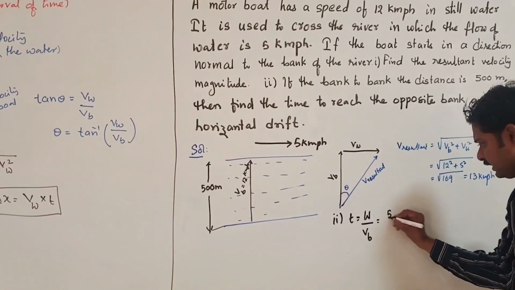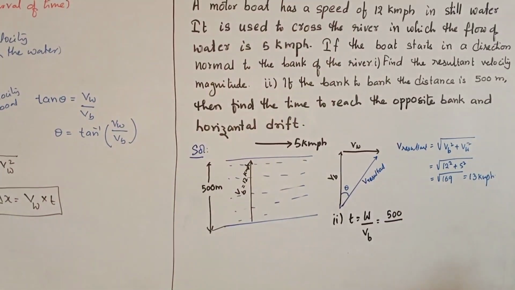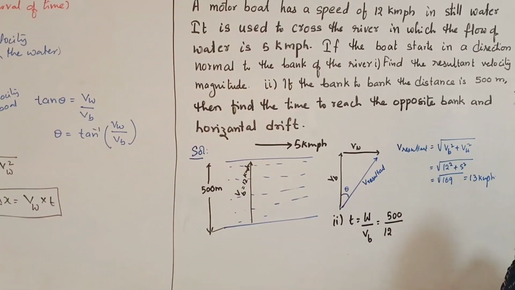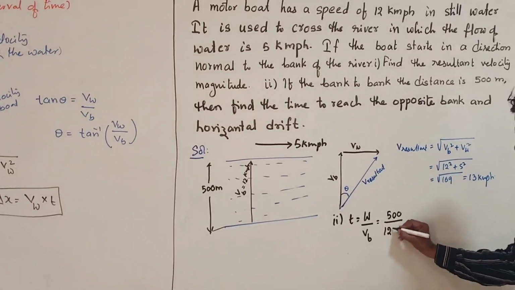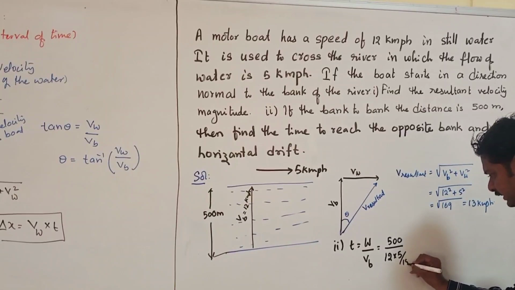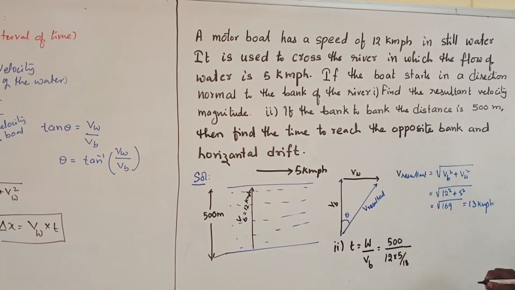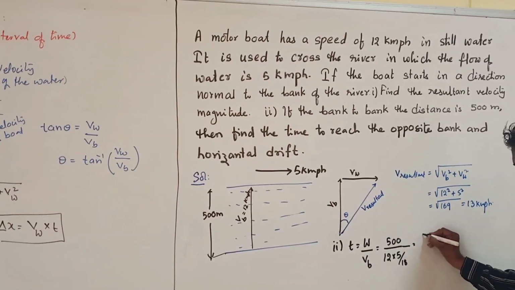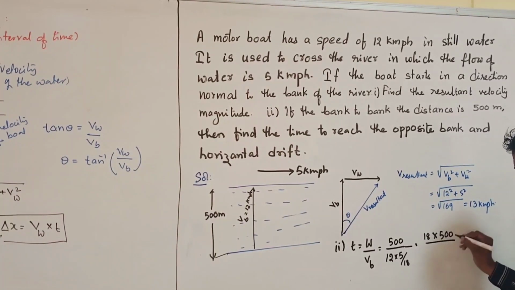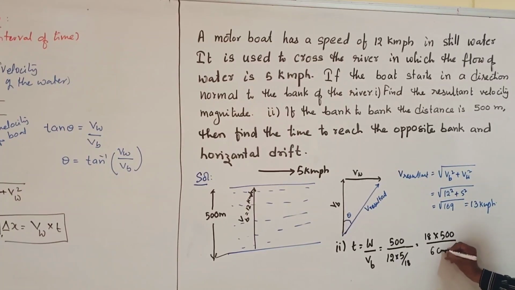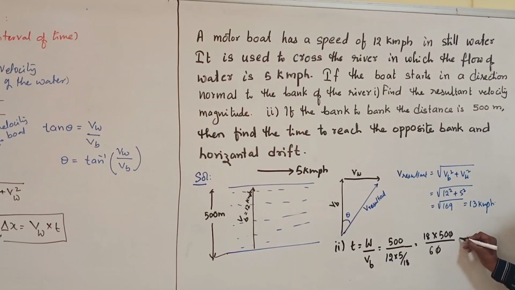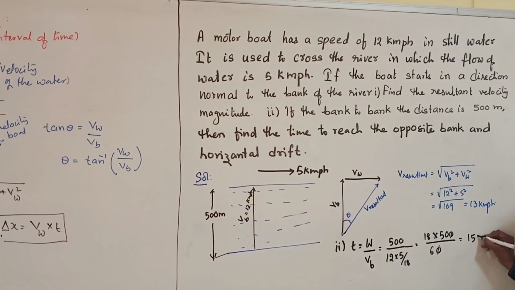So 500 by VB, which is 12 kmph. Now we need to convert to meters per second because the width is in meters. So 5 by 18. How to write? 18 into 500 by 60. 1 0 0 cancel. 6 3s are 3 into 50, 150 seconds,